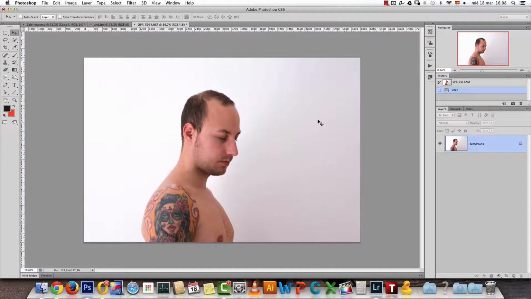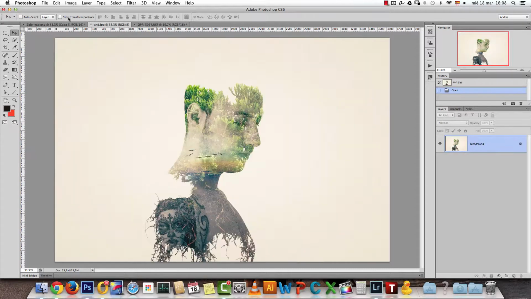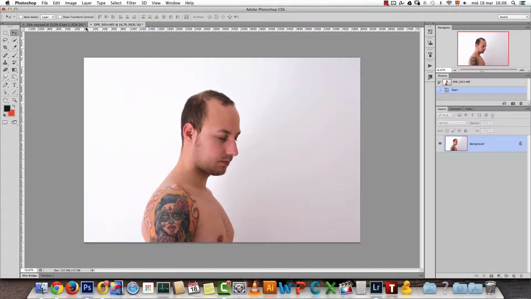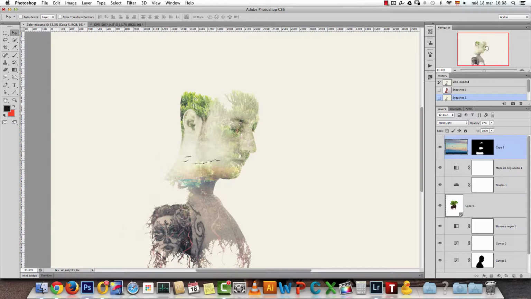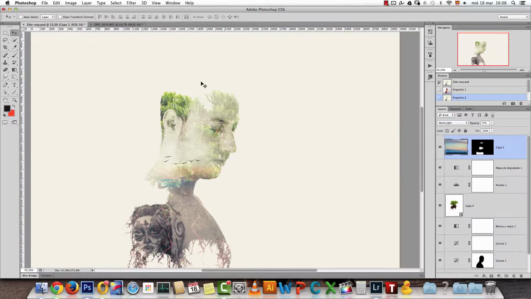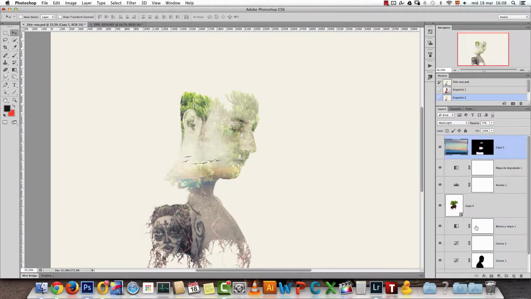You can see that even this part of the image is not completely white, and we need it to be completely white. Otherwise, we will see parts of the image that we will put on top. We will see it over this white background. Let me explain how this works. We will not use layer masks to get this effect. We will use the white areas of both images to kind of mask themselves out. And we will use a blend mode for that.